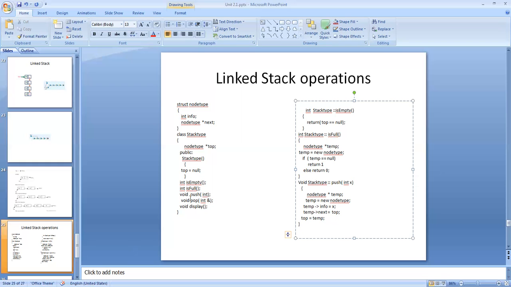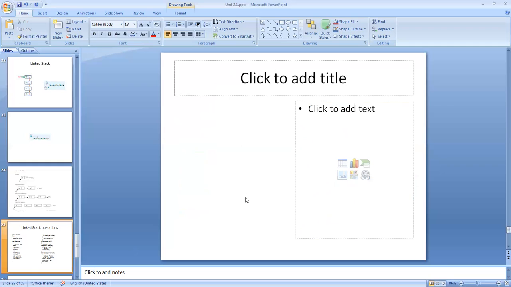See, after the execution of this pop function, the value of this formal parameter will be given back to the corresponding actual parameter. This is happening because of this particular symbol. Okay, that we will implement now.